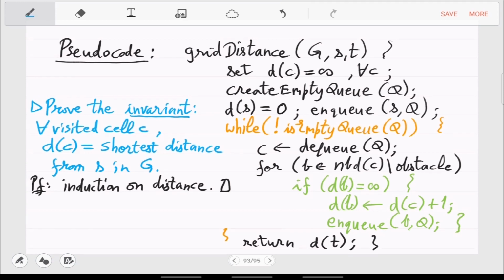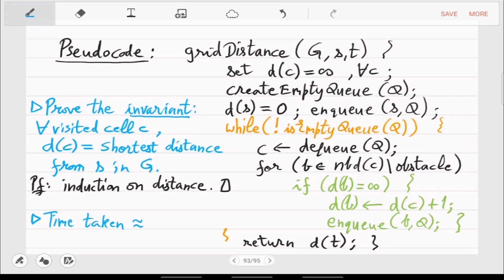What is the time taken by this algorithm? Time taken is essentially the area of the ripple.